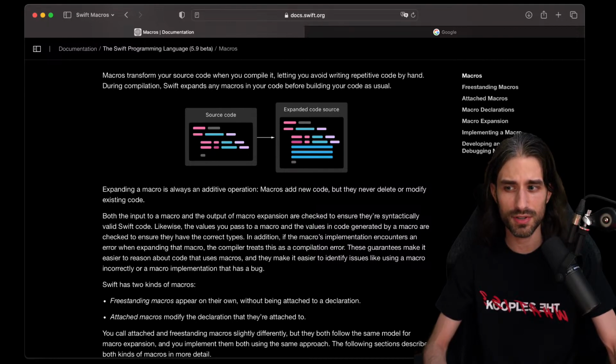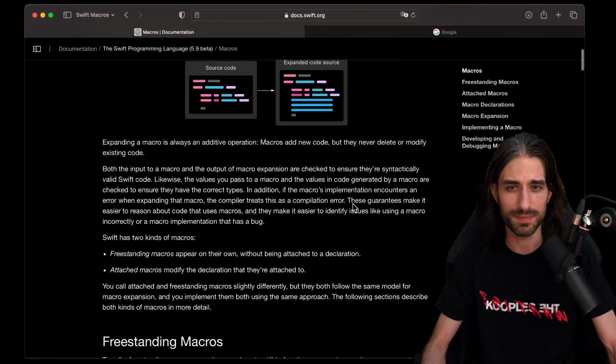This is very important to understand, because it means that a macro is basically a small compiler in a way, because it takes in source code and generates new source code. It's a code generation tool. So if you've ever used Sourcery, this should feel quite similar, at least in the big picture principle, although the syntax to interact with macros might be different from what we use with Sourcery.